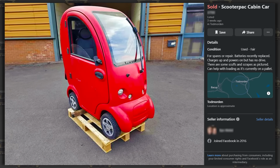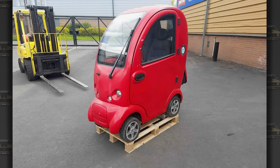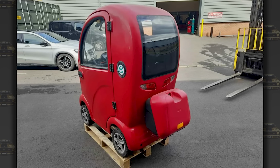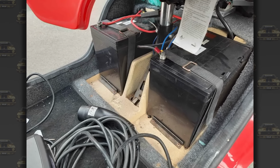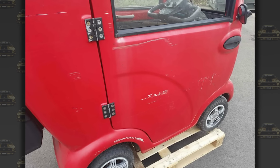If I didn't know any better, I'd have thought this cartoon looking car was fake or made by AI. Just the fact that it somehow fits on a wooden pallet is hilarious. It's a scooter pack cabin car, the vehicular equivalent of a single AirPod, or a toddler's drawing of a car that somehow achieved sentience. These are battery powered beasts, having anywhere from 22 miles of range up to 30 with a battery upgrade, but at least it's small enough to pick up and carry if you ever run out of